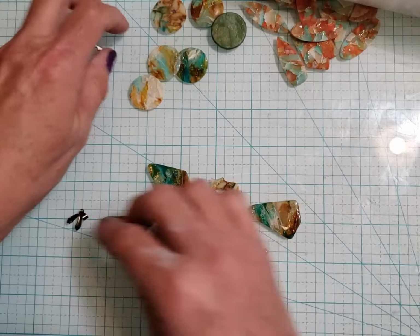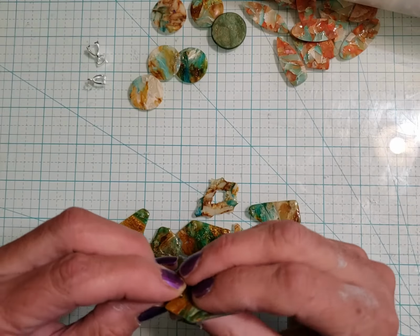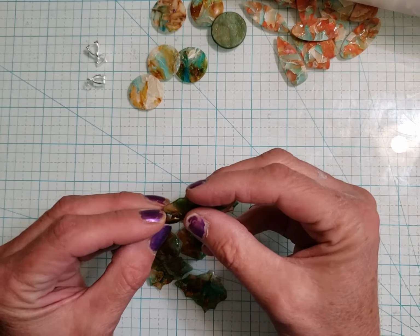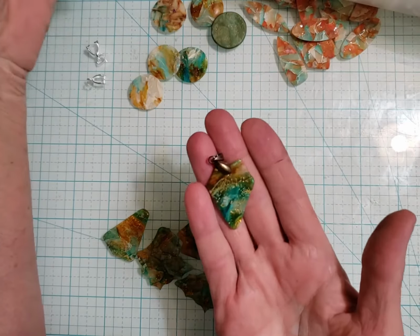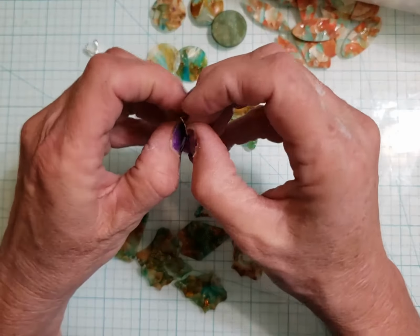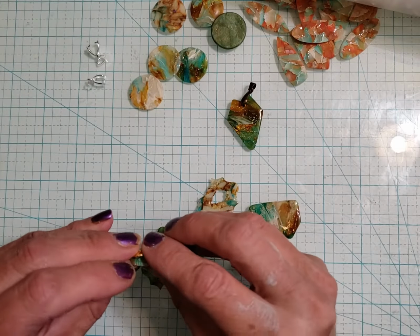And on these, it's just so easy. I've got to get smaller ones in brass. Yeah, I know, they're really easy, but I'm not making it look easy, am I? You know, so you can use a jump ring, or you can finish it with a pinch bail. You can use gold on this as well. The only thing I hate about gold is they're just really gold. And so I don't really like using just plated gold. But I can't afford the 14 karat, so...